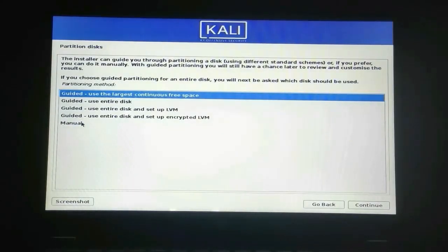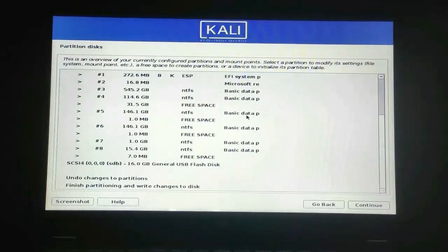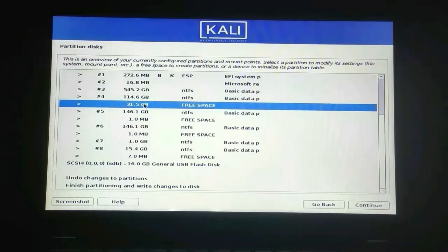As we all know, we have to create a partition to install the operating system. Now there are different partitions made here in a single 1 TB hard disk. Now we will choose one of these and create a partition in it.